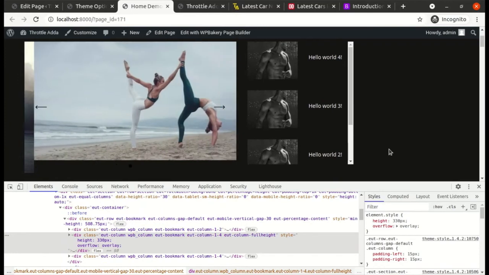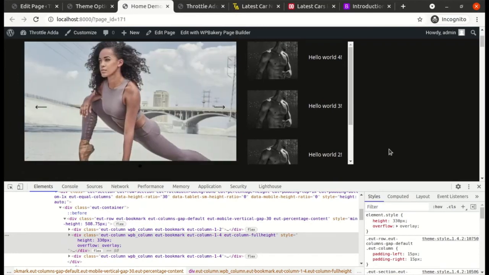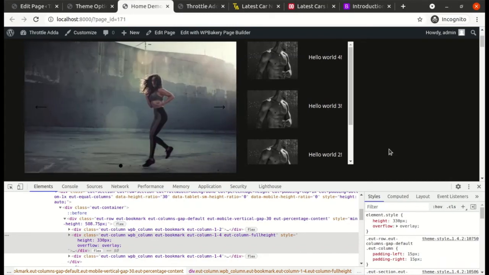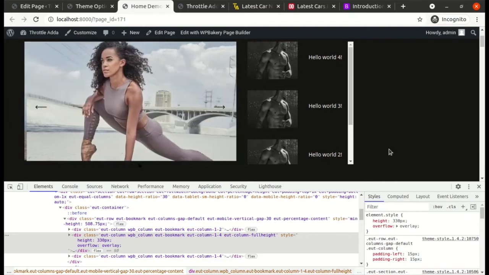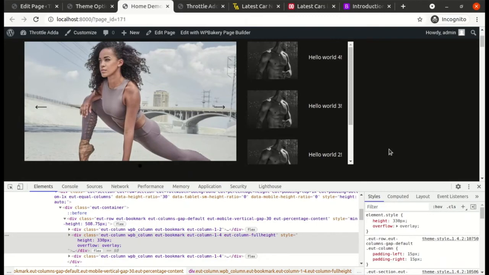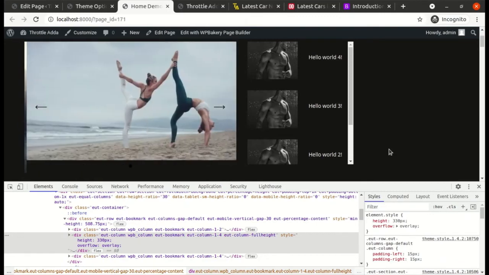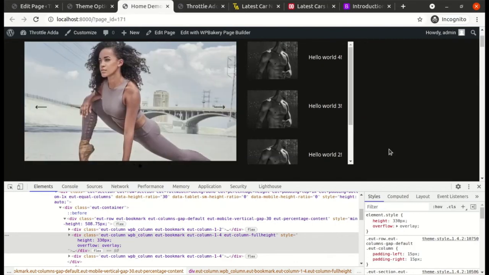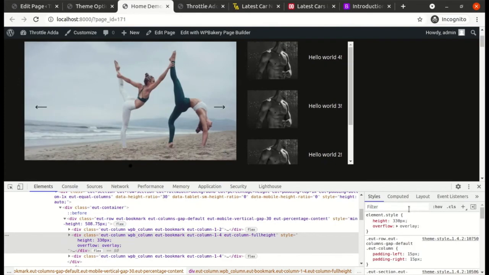See guys, I had told you about the image sizes, right? All the images that you use in the slider should be of specific width and height. Different images cannot be of different width and height. So this is the problem. Now we are not able to figure out on the right hand side what the container height should be, whether it should be 330 or more than that or less than that. So if we use consistent dimension images, then we would be able to easily figure out what the container height should be. But anyways, we know what we are doing over here, and hence we'll proceed.